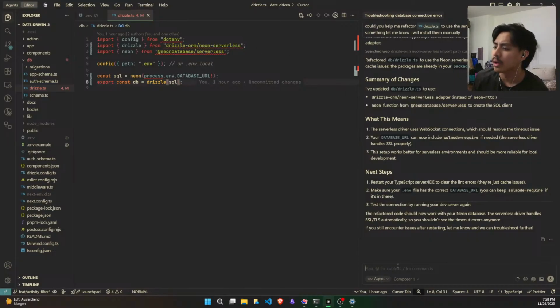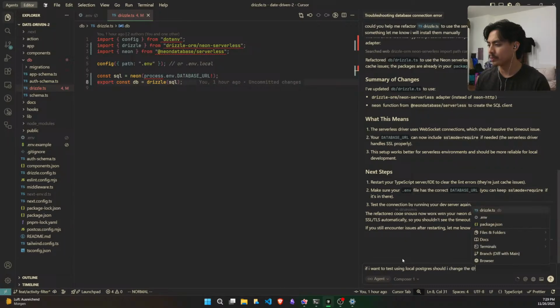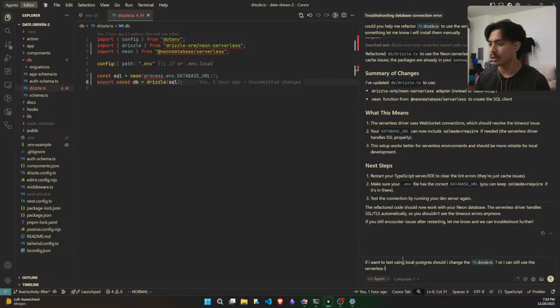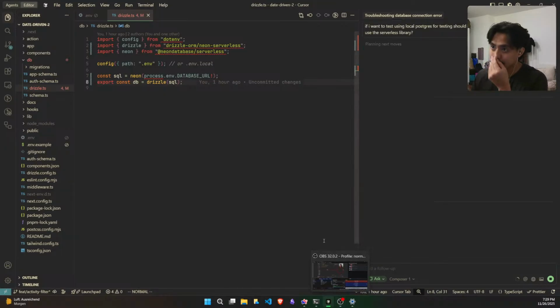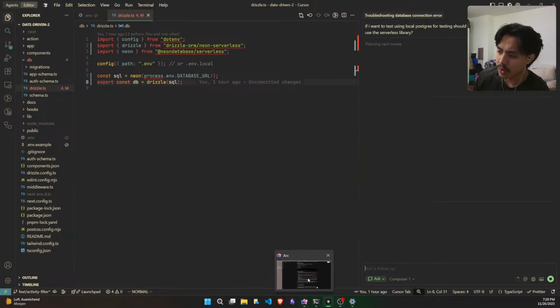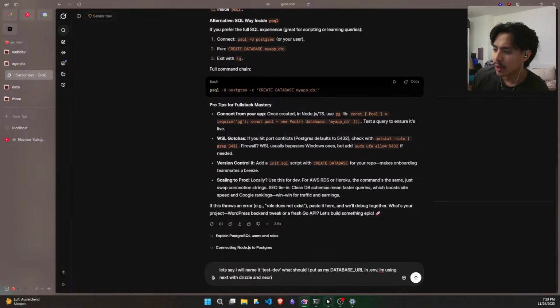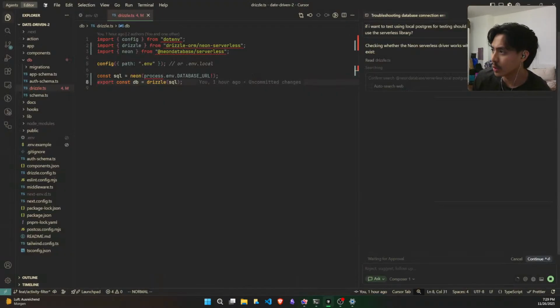Okay. If I want to test using local Postgres, should I change the result, or can I still use the serverless lib? I don't know if that would work or if it will break, but let's just hope.